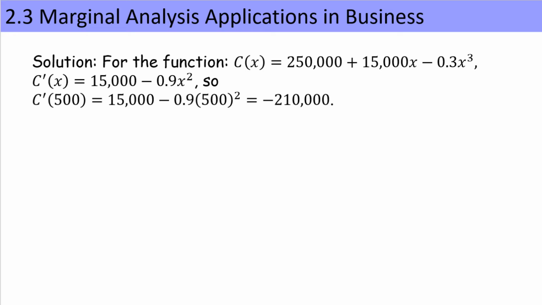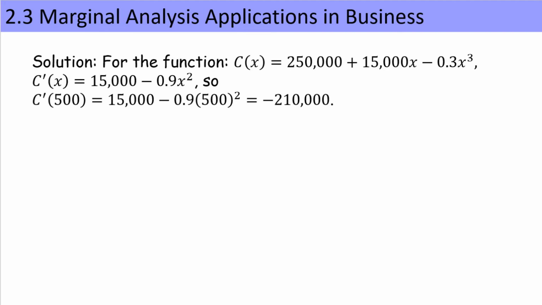So if we evaluate at 500, we take the derivative of the cost function, which is the marginal cost function, and put 500 in every place there is an x. You get 15,000 minus 0.9 times 500 squared. Compute that, and the outcome is negative